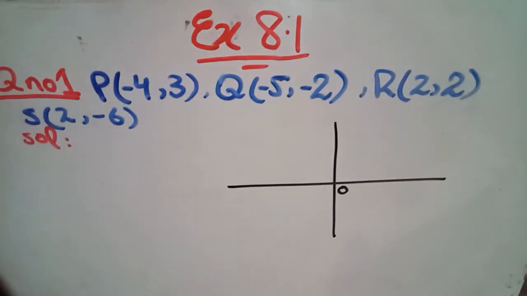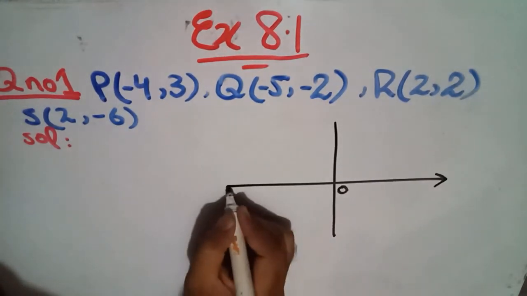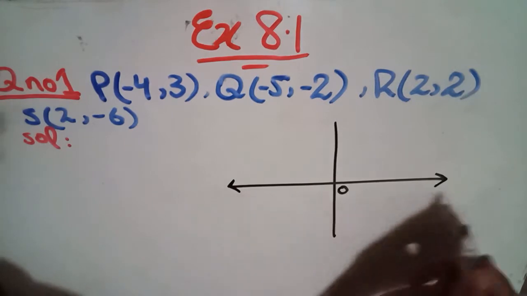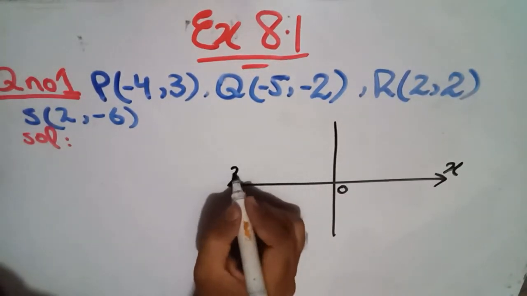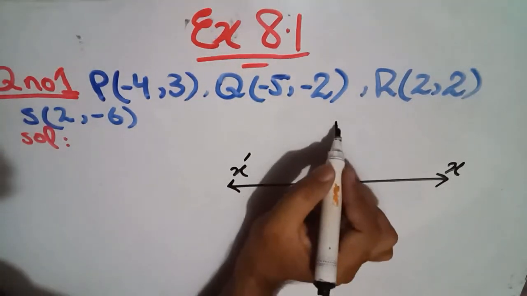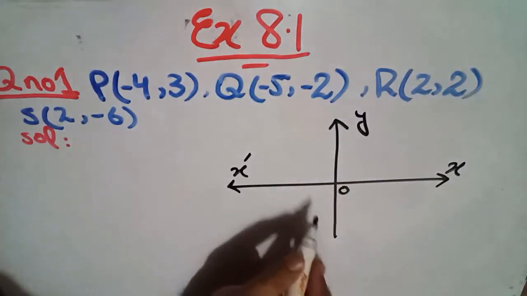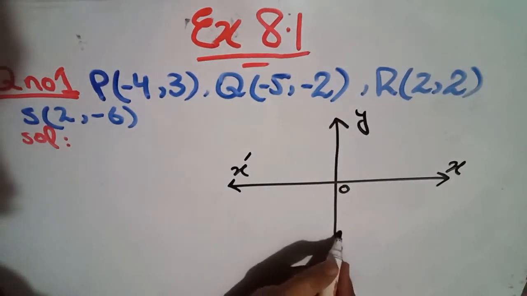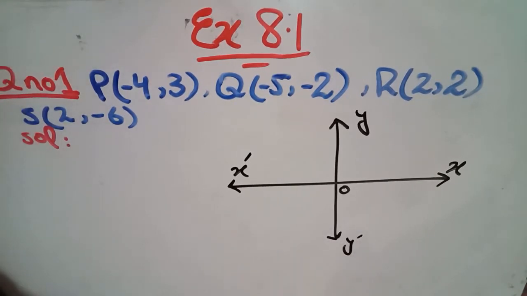This line is the horizontal line, you can say it x-axis, and opposite to it there is negative x-axis. Okay, this line is the perpendicular line or the vertical line, you can say it y-axis, and opposite to it there is negative y-axis. Okay, so it is very simple